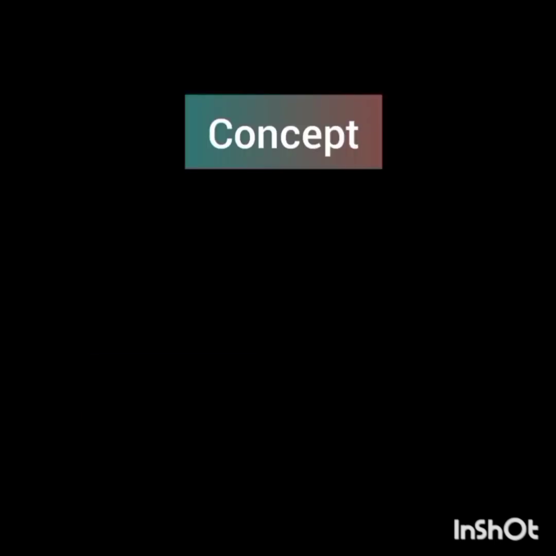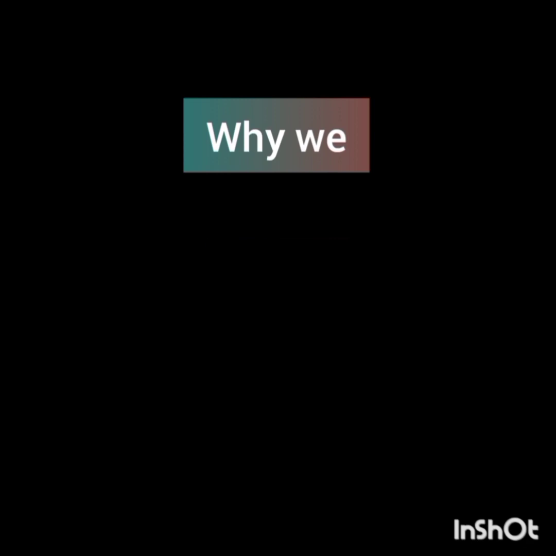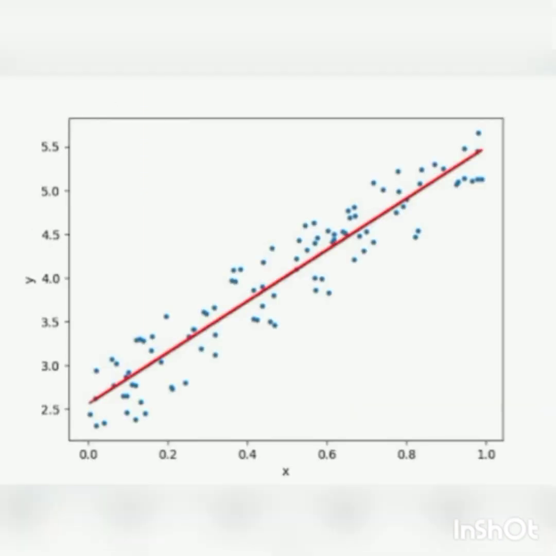Now let us look into the concept behind polynomial regression. What is the theory behind polynomial regression? Before going to that, let us first recap why we need linear regression. In the real world, we have dependent and independent variables, and they may have some kind of linear relationship between them. We will choose a line which will fit these samples nearly and also reduce the errors.